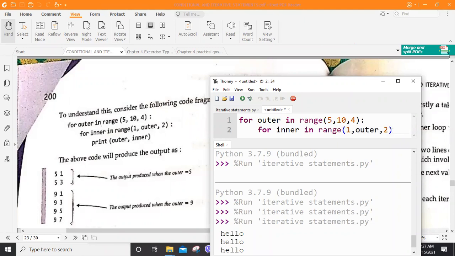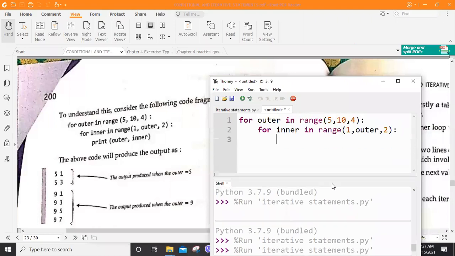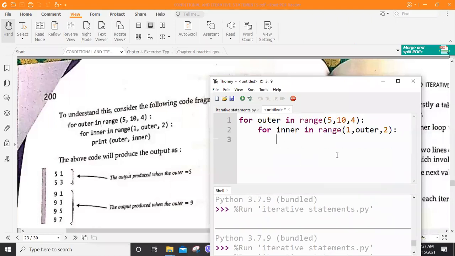At the same time, notice the indentation. This is very, very important. Then print outer, inner. Here I want to print the values of outer and inner. So let me run this code.